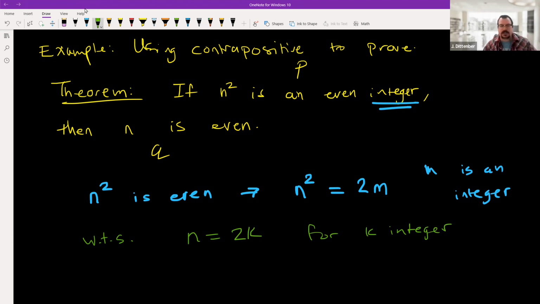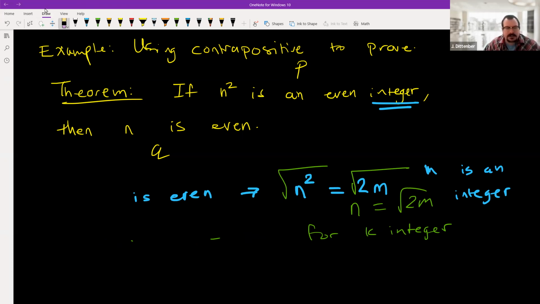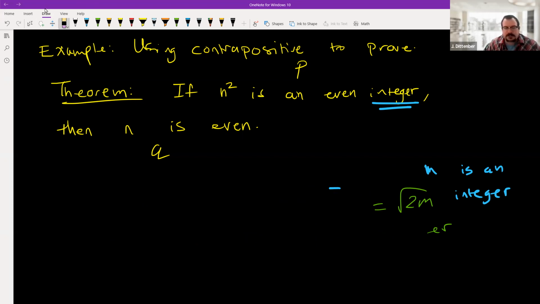Okay, so typically, how might you try to do this? Well, it would be pretty normal, natural to just try to take the square root, but then you end up with something like this, which is like, well, what do you do from here? Okay, so it may be a little difficult to prove it in this direction. I'm not saying it's impossible, but in this case, there's something easier we can do, and that is